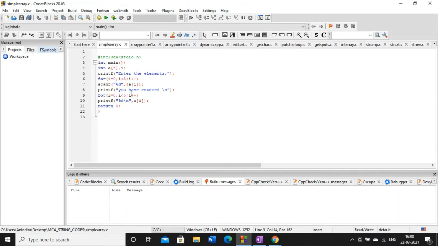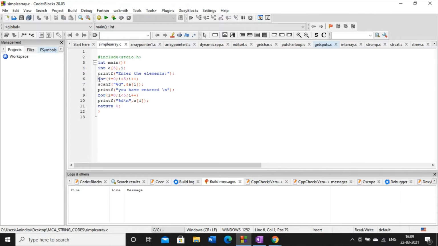So the specifier will be %d, and I want to store each element of the array in a specified location. So for that reason, &a[i]. &a[i] means I want to store all the elements of the array in a specific address location.